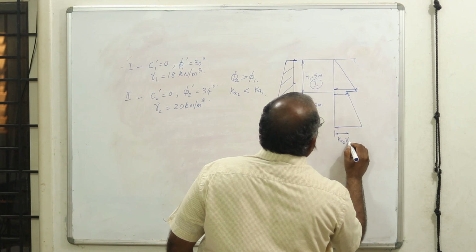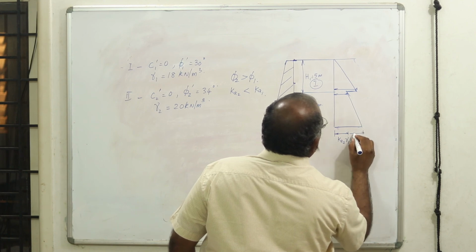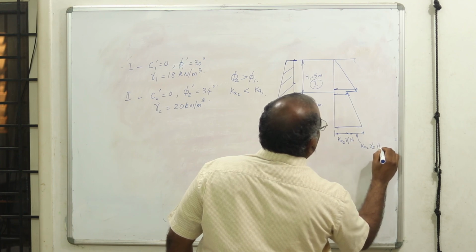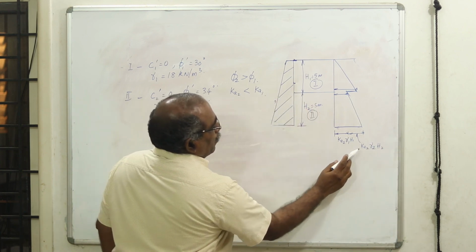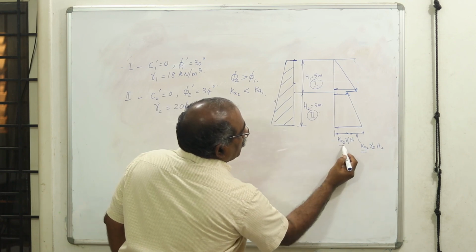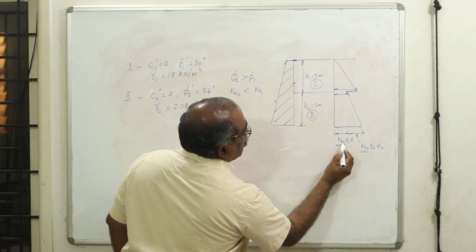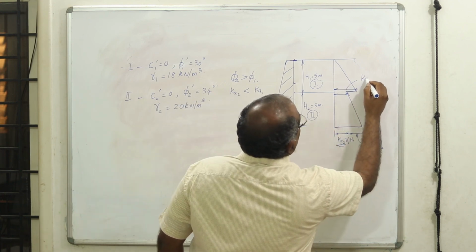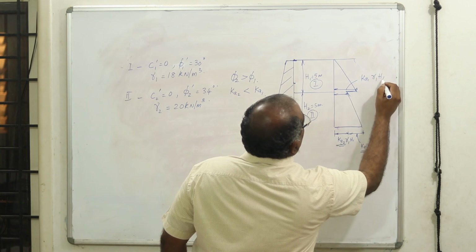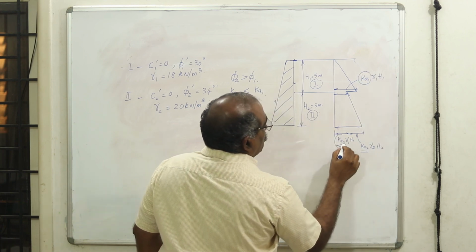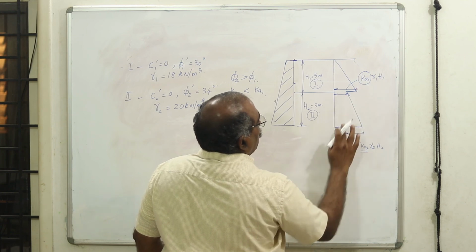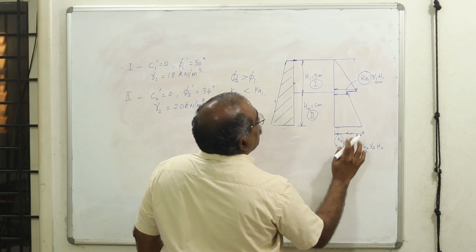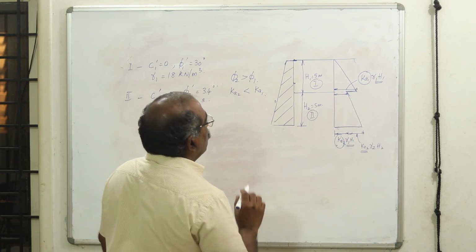Okay, now this is K2 into gamma 1 into H1. This is K2 into gamma 2 into H2. So it's the only difference. Okay. Now only value variation is this K2 are different at this interface, and this is K1 into gamma 1 into H1. Now see the variation. Now this K2 and K1 are the two variations, but these two are same. Okay. Therefore you are going to have a different pressure, and this is how you are going to get.